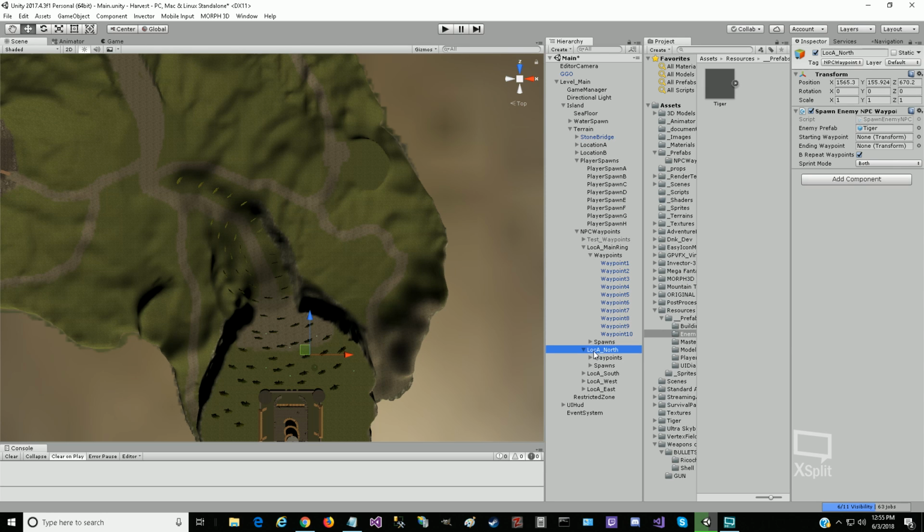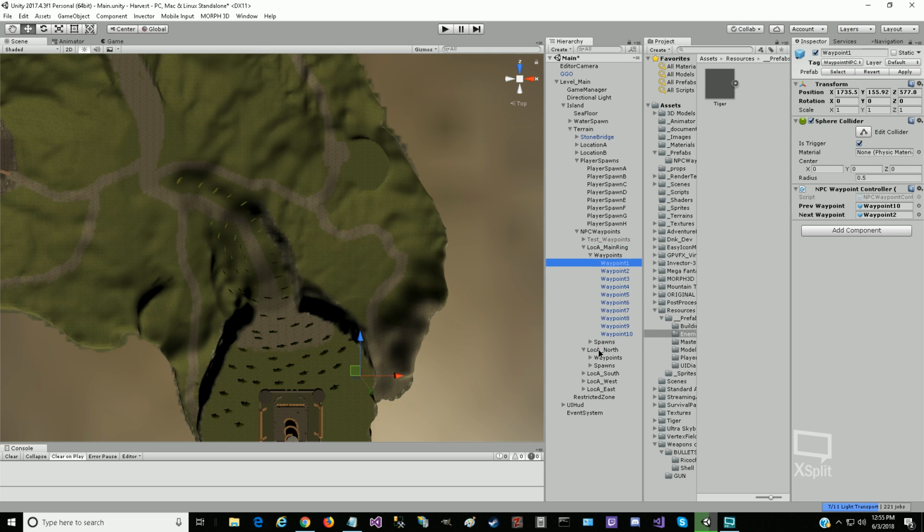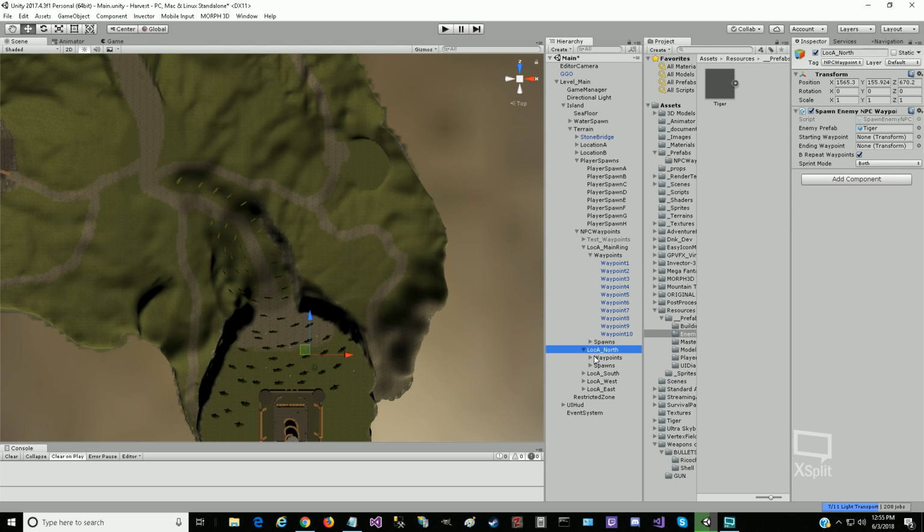Well, we changed this tag here to NPC waypoint, whereas that tag there, the main parent, is just location A underscore waypoint. It was working off a different script really, and so the new script I have, number one, it's attached to, here's the parent object that you see. You got the parent object here, and then the two subchild game objects, waypoint and spawns. And inside of those, you have your 7 waypoints, 3 potential spawns, and again, these are